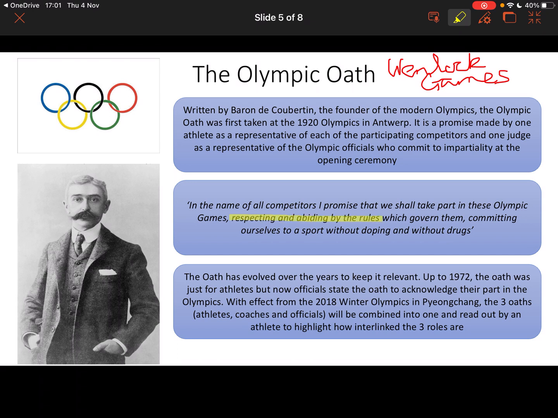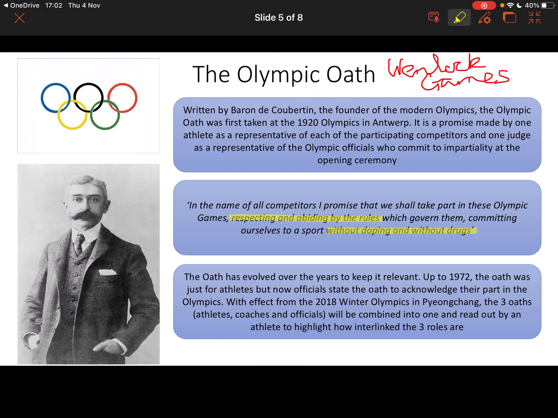And then the other key element of it is promoting drug-free sport. Obviously, we will look at drugs in sport in more depth later in the year, but not doping or not taking drugs is a big aspect of the Olympic oath. Something else within that is giving of your best, giving 100% effort. Okay, so that in the middle box there is what the founding Olympic oath was.